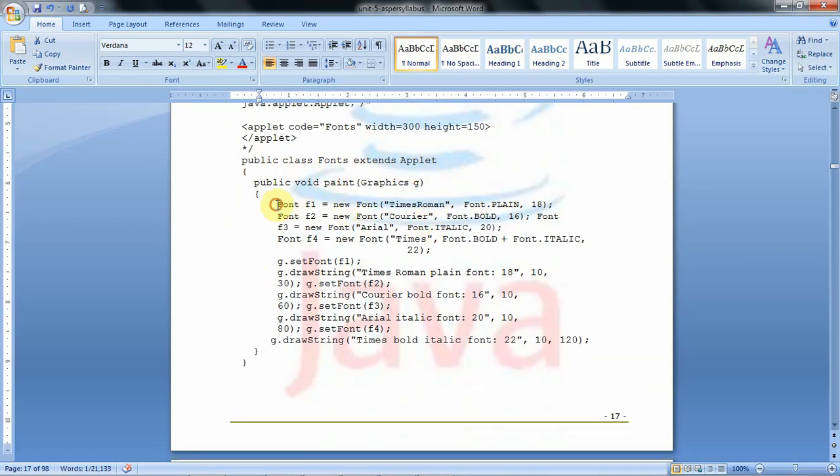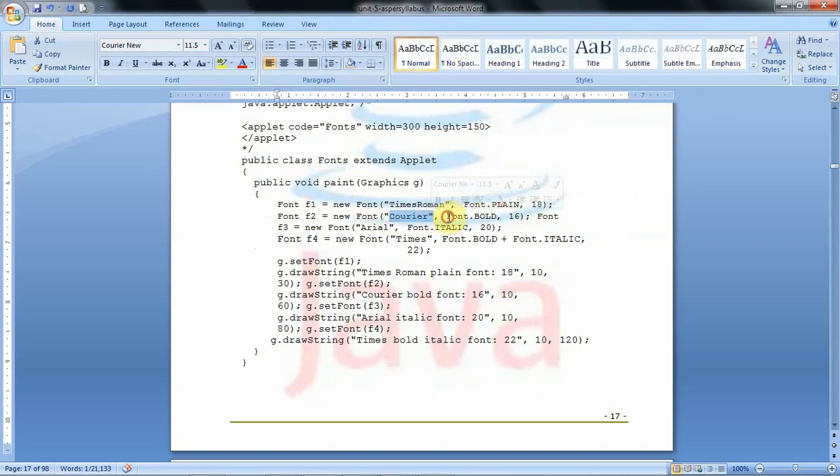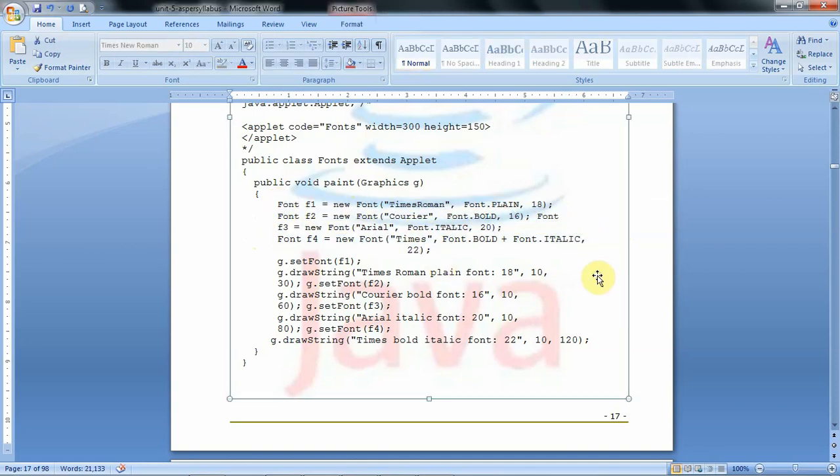Within the paint method we create the font object as Font f1 = new Font, taking 3 arguments: font name, font style Font.PLAIN, then font size 18. Then another font object, font name Courier, font style bold, font size 16. So like that 4 font objects are created.